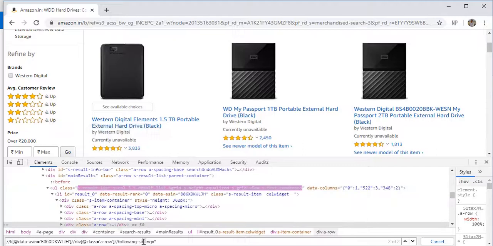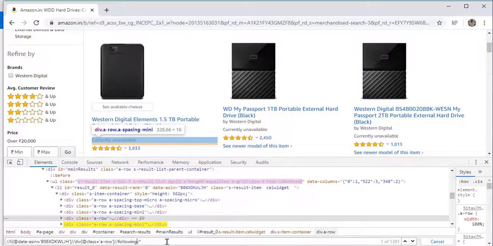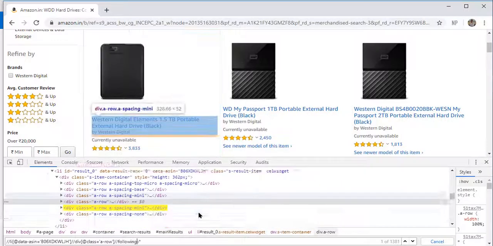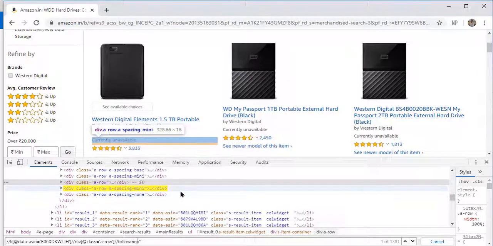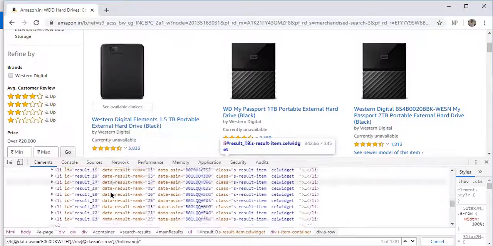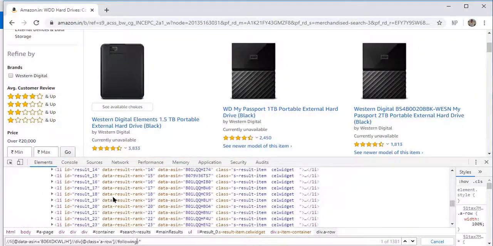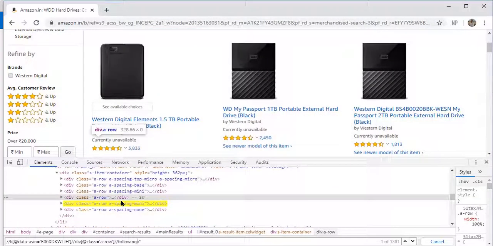In following also, if you just write following, it will take all the elements following this div. Okay, so whatever you can find below this one, you will be getting all these elements.